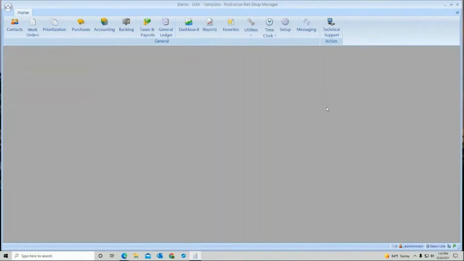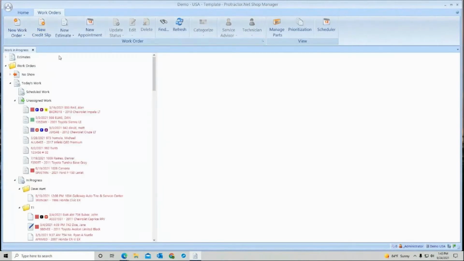How to write an estimate, save it, recall it, and then convert it to a work order. So for my home ribbon, I'm going to go to work orders. Now I can do this either in work orders or prioritization, doesn't matter. I can do it in either place. So when I go to write an estimate, I just simply go up and I click on estimate up here